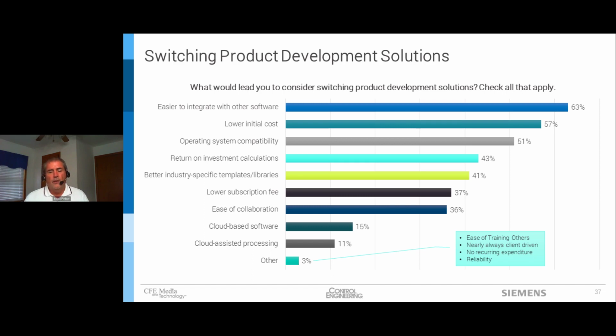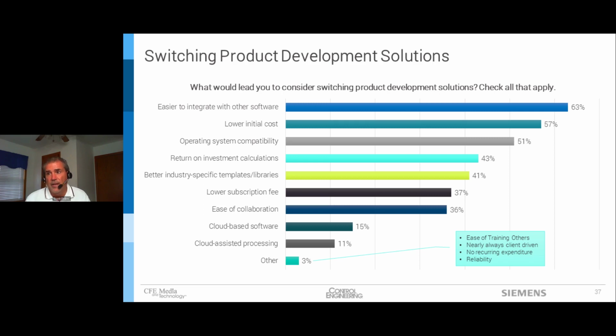So let's now take a look at what's really driving your ability to switch to a new system. One is easy to integrate with other software, and that's really our whole story of openness, which I'm gonna get to in a little bit. And the other one is industry-specific templates and libraries. We talked quite a bit in the design section about how we build industry-based workflows. But what you're gonna see in these next few slides is we're really gonna take that to the next step. And at the bottom, we're starting to see cost is always a factor, and ways of adoption. I'll touch on some of those in the last few slides.